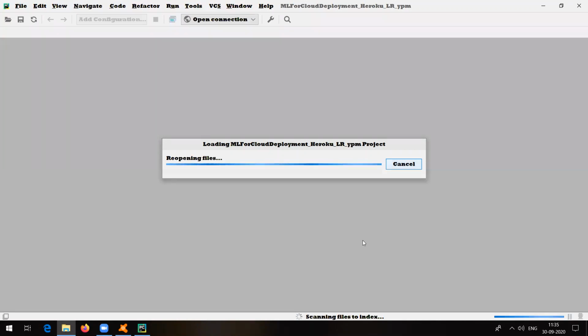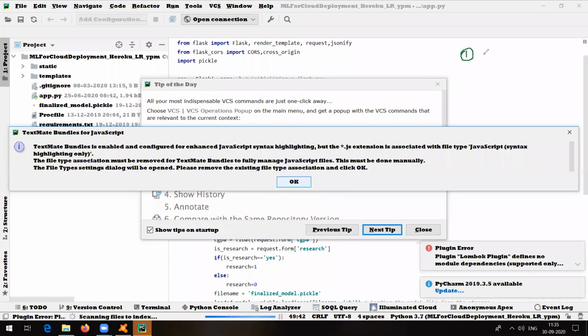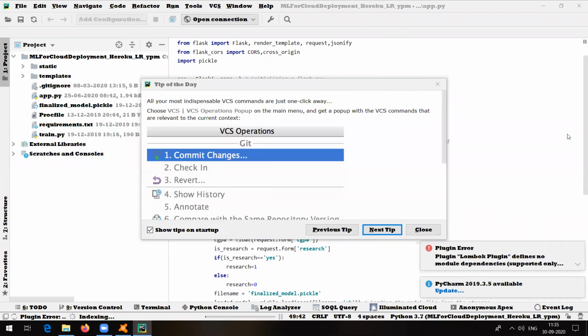First of all, let me go and directly run it. It's just opening the files in PyCharm. As there are a lot of files, it generally takes some time. Once you have opened this folder in PyCharm, the first thing you need to do is set the environment in PyCharm. I will tell you how to set it, and it's also given in the PDF document which I am going to share. So what is environment actually?